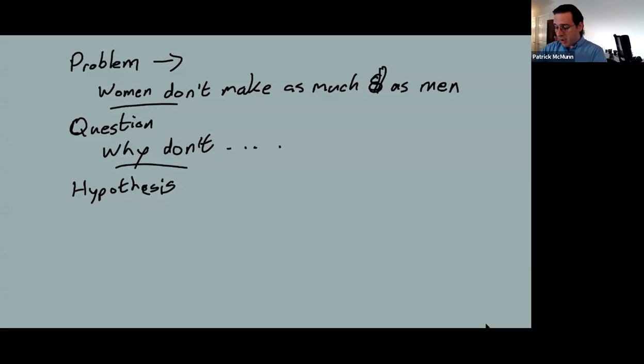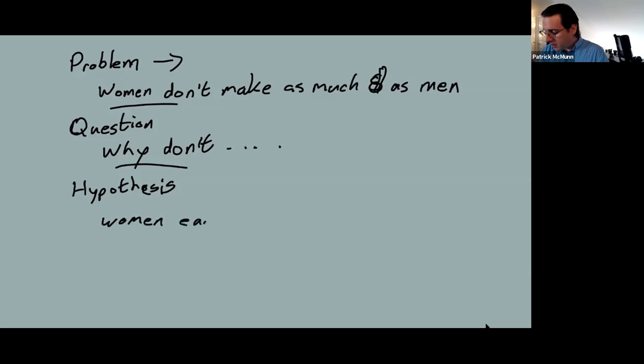We have our question, we have our problem, we go out into the article reviews or the articles in different journals. We look at scientific journals, we look at sociological journals, anything that we can get our hands on that is going to help us answer our questions. And I'm going to talk about how you do these searches here in just a little bit. But based on the information that we find, we're going to say our hypothesis is women